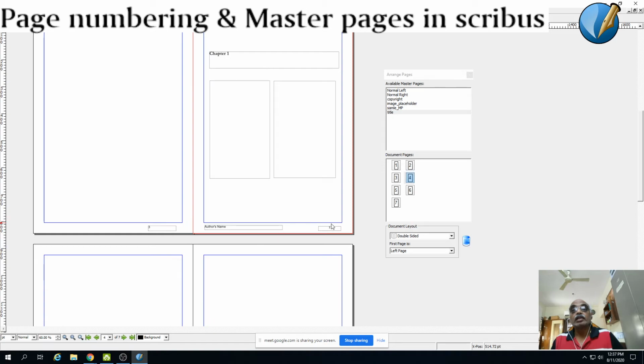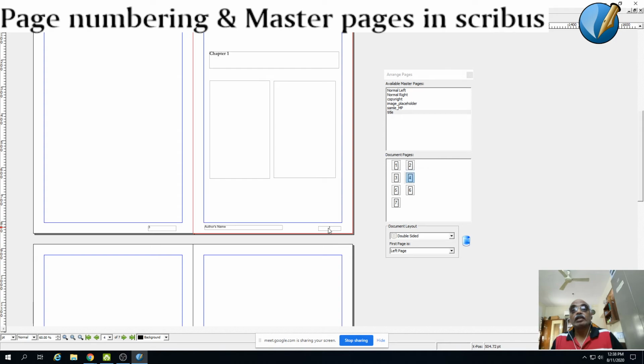Again, this has actually copied the entire master page here. That is the reason why I am unable to edit this. I have made a small mistake. I don't know whether any of you have appreciated it. You are not supposed to give out the page number inside the master page. So that is the reason why I am not able to edit the copied master page here.